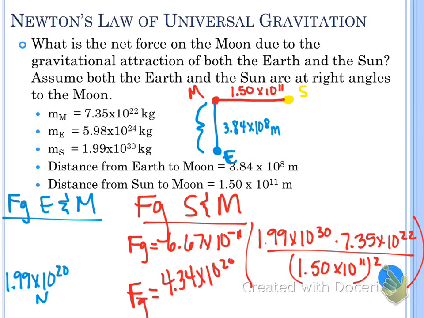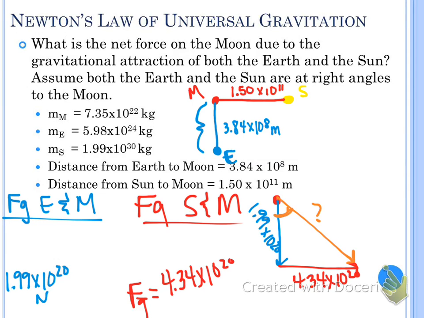Okay, so we're going to take our gravitational force from the Sun and our gravitational force between the Moon and the Earth. We're going to add the vectors tail to tip, and we're going to get the overall resultant here. So we find out with what force it is truly being pulled and at what angle. Here's just simple Pythagorean theorem. And I got my resultant to equal 4.77 times 10 to the 20th newtons at